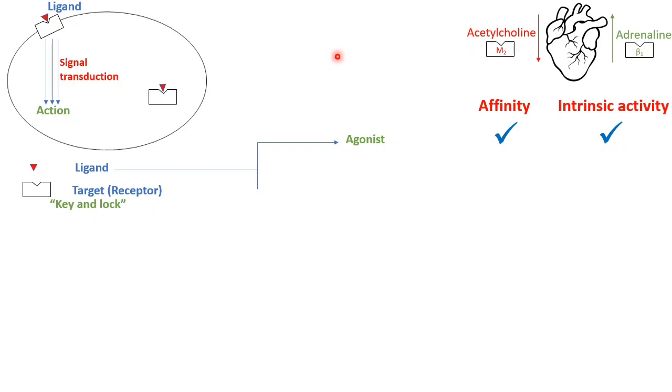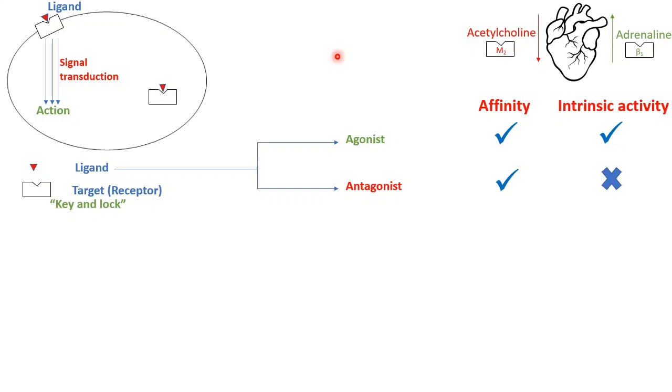Okay, and the ligand we discussed that had the property of binding to the receptor, so it had affinity, but couldn't get an effect on the cell. So this ligand has affinity, but it doesn't have intrinsic activity. This ligand is called antagonist or blocker. Okay,